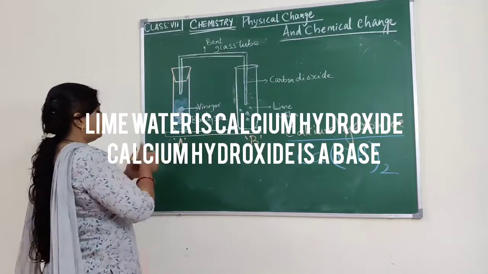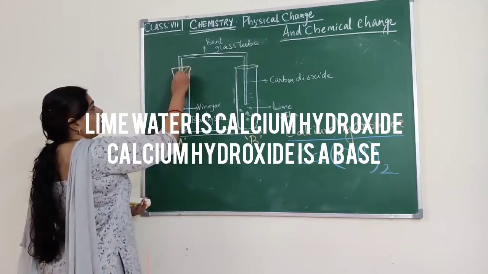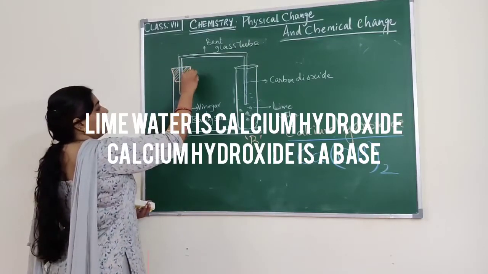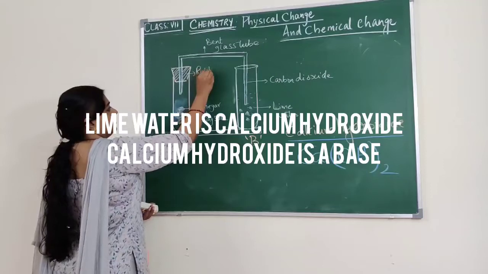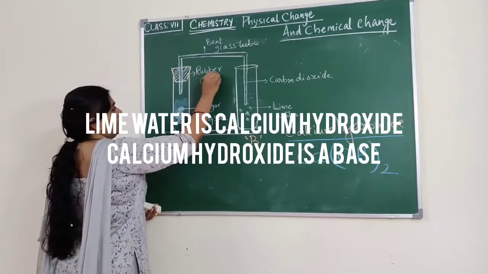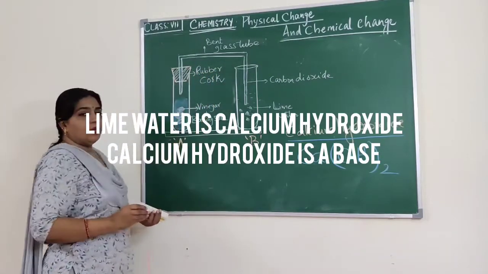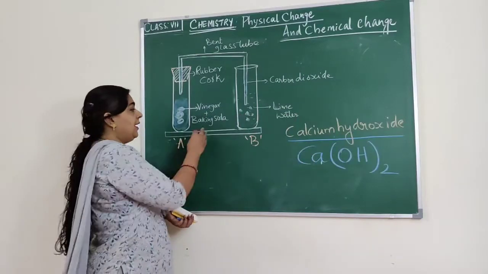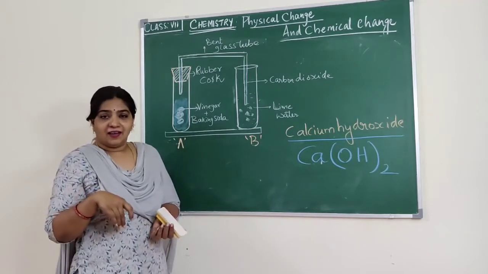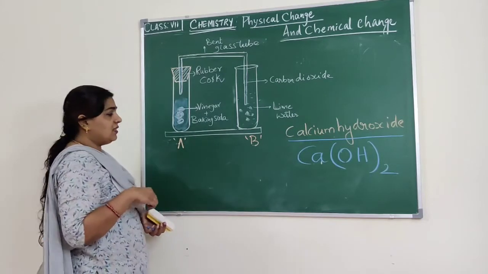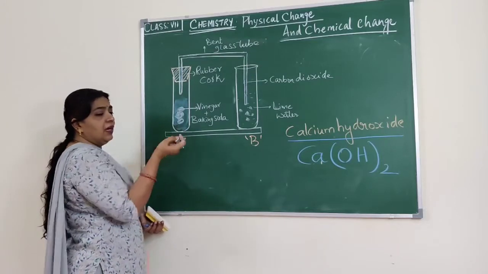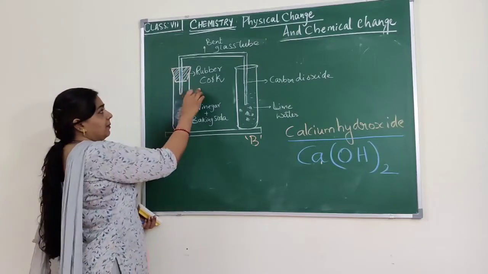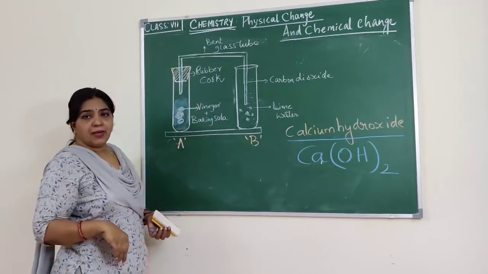This test tube is closed. It is covered, closed by a rubber cork, because we know very well that after putting vinegar, when you add the baking soda, it releases a gas. Which gas is released? So now we are taking vinegar and adding baking soda and closing the test tube with the help of a rubber cork, and it is inserted with the bent glass tube.